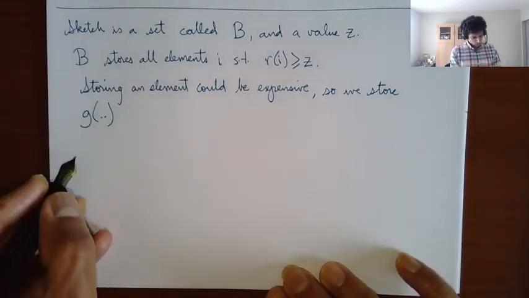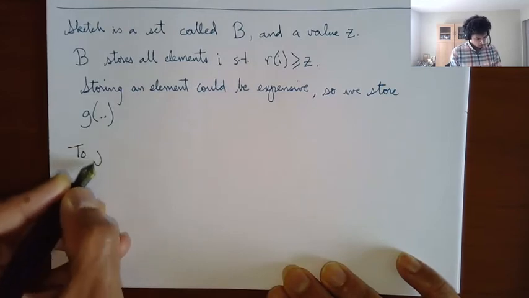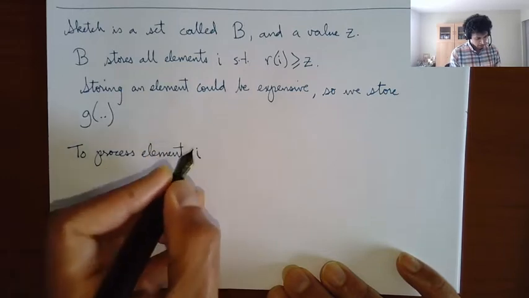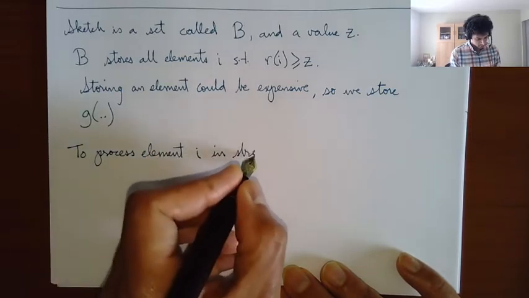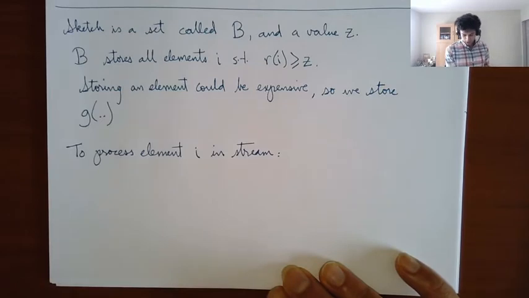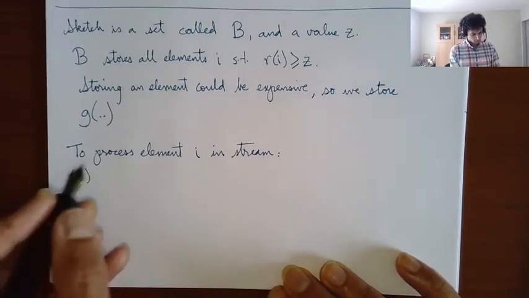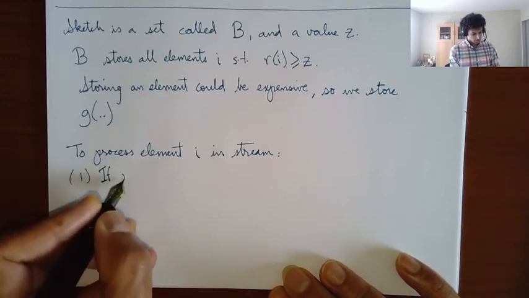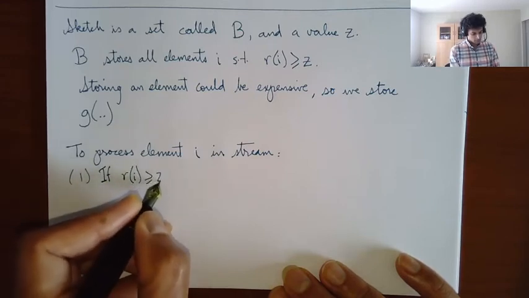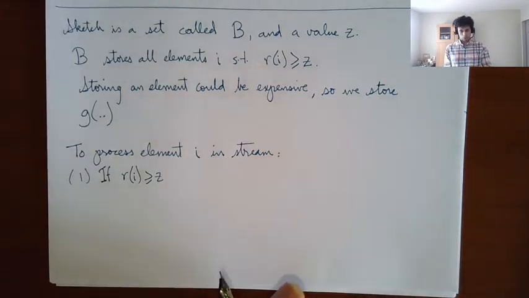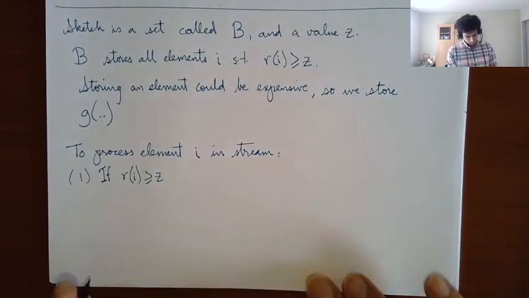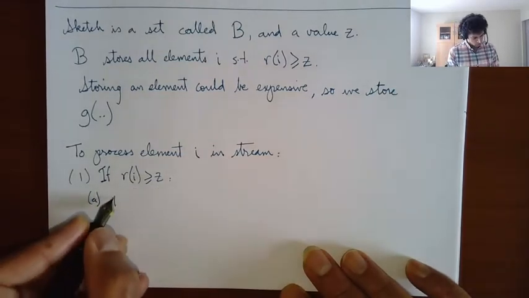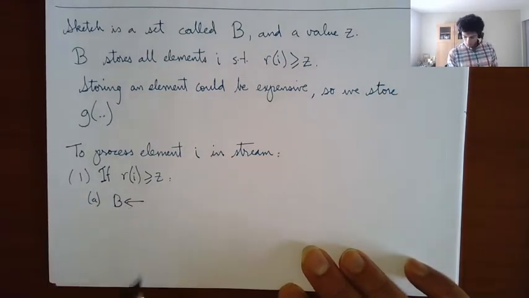So now I'll say the sketch is now to process element I in the stream. To process this element, what we'll say is, if R of I is greater than Z, only then are we going to do something. We're going to update B now. I'm going to say B